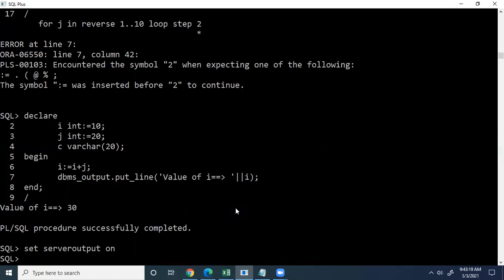Any questions in this block of PLSQL and these basic things, definition or declaration of